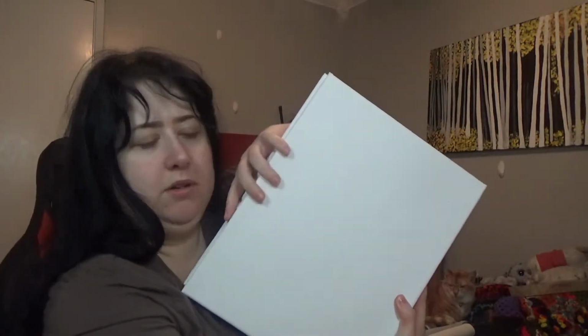I think it's a 16 by 20 maybe? I don't know. And then these are all maybe 11 by 14s? Not sure. I could just get my ruler, but. So yeah, we have six 11 by 14 canvases and then one 16 by 20. I don't know what I'm going to use those for, but it's funny because I actually found some artwork I did once